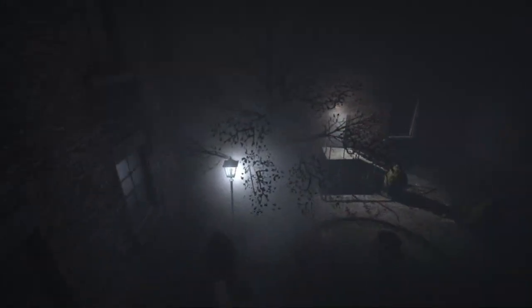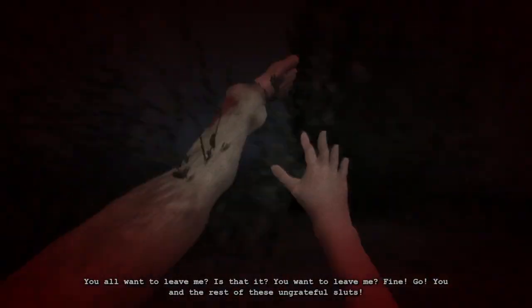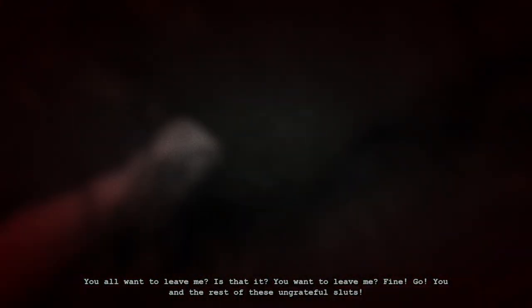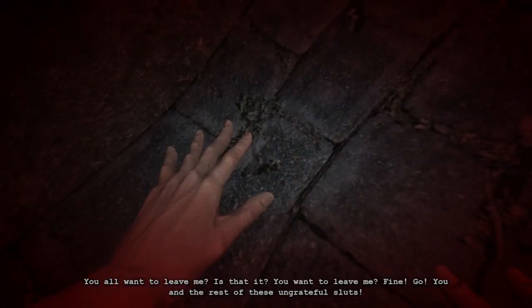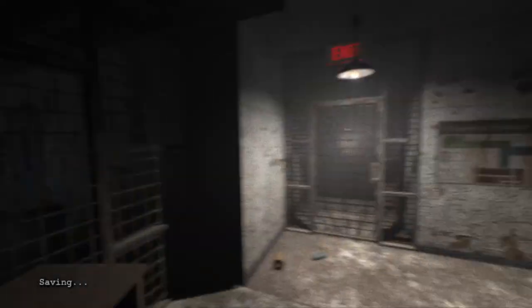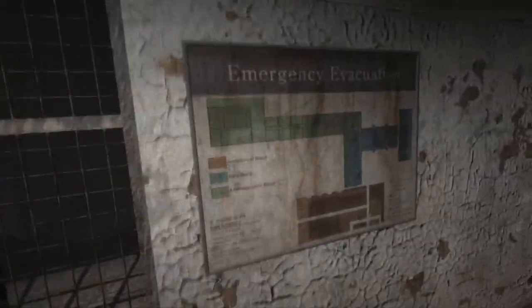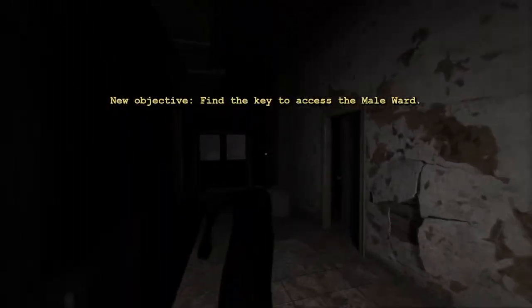As Eddie chases us, we find a window, thank God, and we jump out of it. Somehow, our leg is still functioning. But we've escaped it for now. As we explore, we find an exit gate, which is locked, so now we need to find the key.